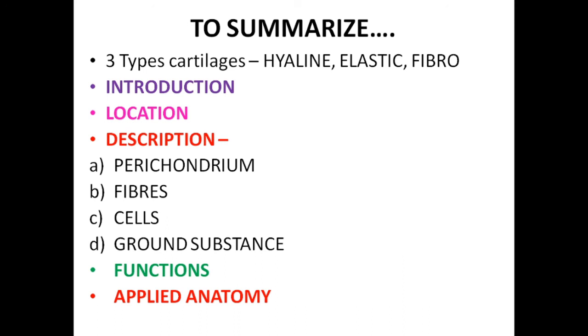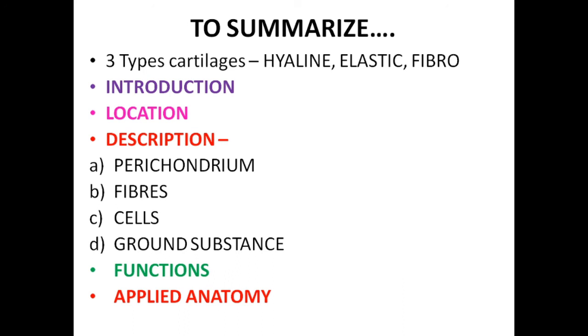If the perichondrium is present, then we should look for the size of the cells and the presence of cell nests. If the cells are very large and there is no cell nest present, that means it is a slide of elastic cartilage, and the cells will be tightly and compactly arranged in the elastic cartilage, whereas in the hyaline cartilage they are arranged loosely, not scattered, but loosely in a lacuna, which can be very clearly seen, and the cells divide to form a group of cells within the lacuna, which is called the cell nest.